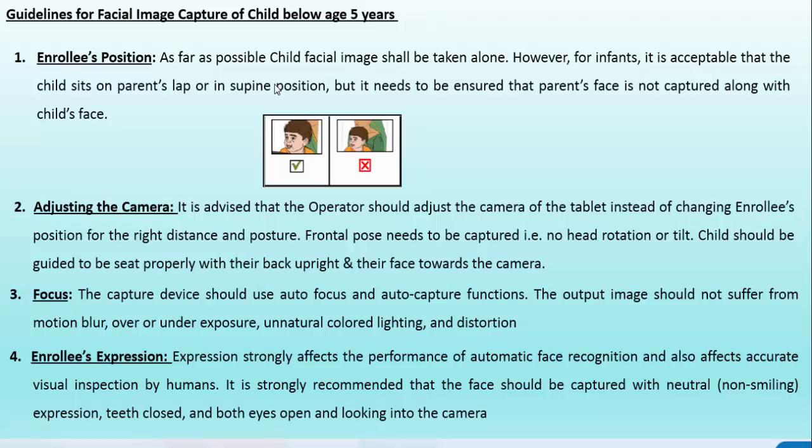Even the sleeping position or smiling position of the children, we can capture the child's photograph, because once these children cross 5 years, above 5 years, we are going to update the biometric information of the children. So UIDAI has given relaxation for capturing the children's photographs in the CLC. We can capture the children's photograph with any expression, without any white background screen. It is allowed as per UIDAI for enrolling 0 to 5 years.